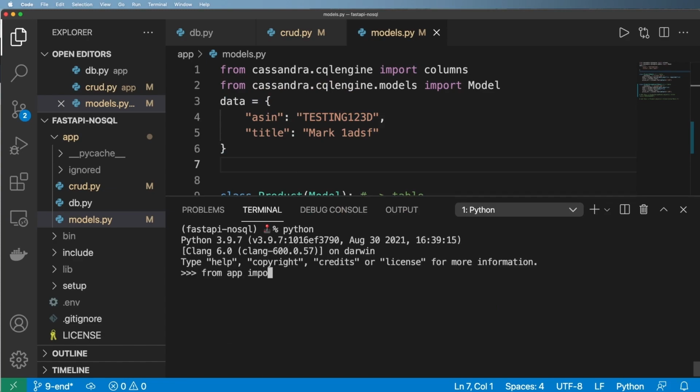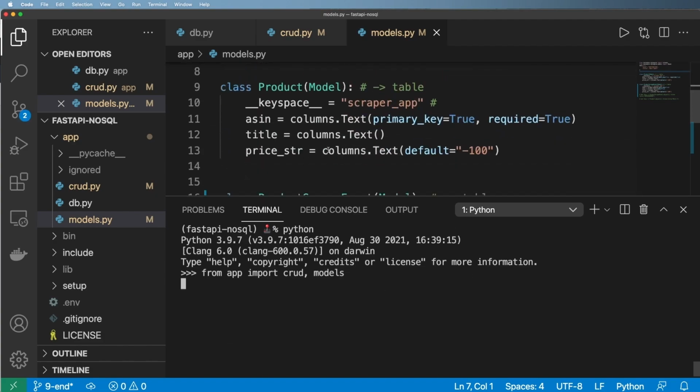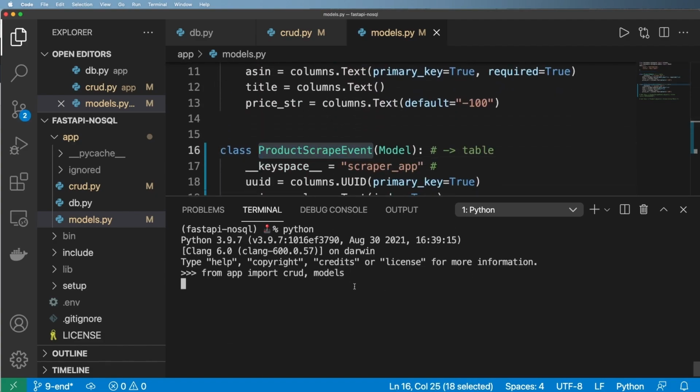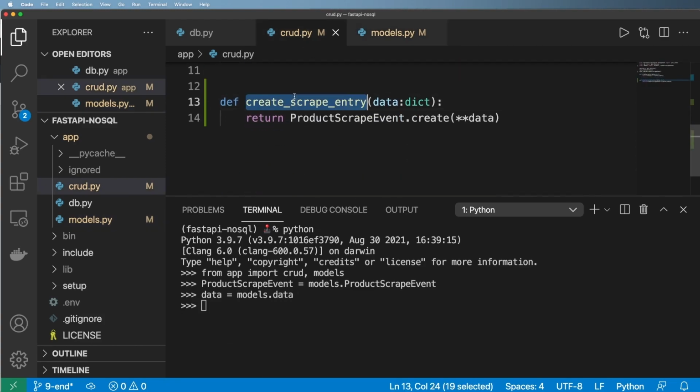So from app, import CRUD and models. First off, let's go ahead and define our product scrape event model here. And it's going to be models.ProductScrapeEvent. The data itself is models.data. So we'll go ahead and run the function of create scrape entry with simply crud.create_scrape_entry of that data